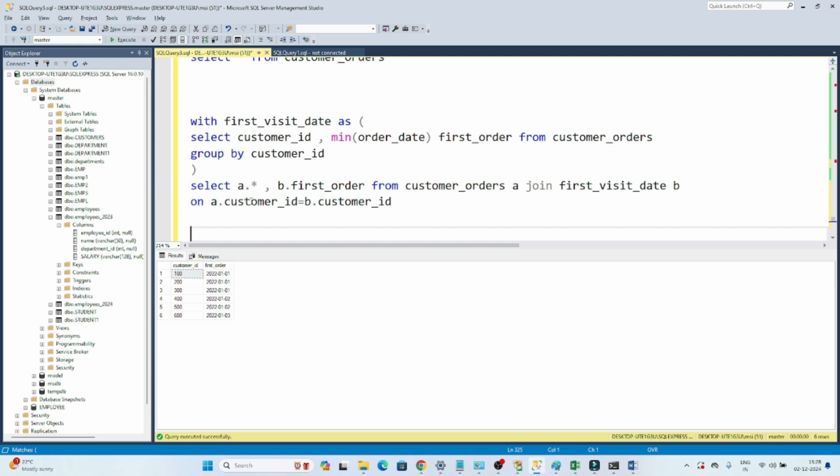Now I'll tell you what I am doing. We have a customer order table, right? In this table, that is my first table, and I am joining with the first visit date. What is this first visit date? This is the view I have created, where I am finding out the first order. So I am taking all the information from the customer order table, and B dot first order, that is the first order date. I am joining the customer order and first visit date based on customer ID. Now if I execute this,